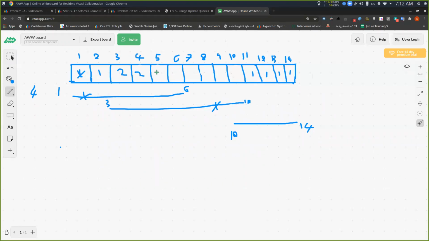1, 2, 2, 2, 2, 1, 1, 1, 2. Okay. So now we said that we want to remove these 2 segments. So we'll remove every 1 that is inside these 2 segments. Okay. So we'll check for the first segment first. Then we'll remove this first one, and then this second one. Is there any other one in this segment? No. Then we'll see the second segment,